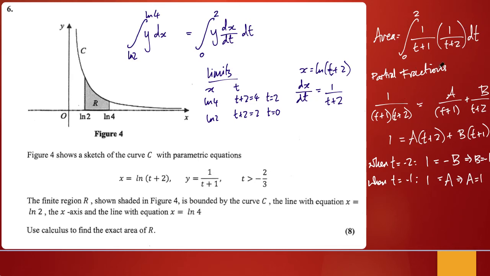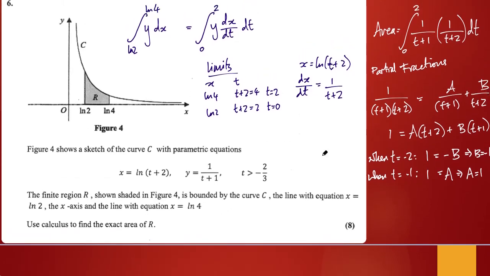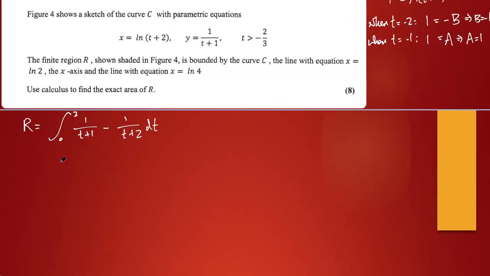So finding the area using that again, the area R equals the integral from 0 to 2 of our partial fractions now. So I've got 1 over t plus 1 plus, it would be minus 1, so I'm going to put minus 1 over t plus 2 with respect to t. Integrating that, I've got lns, so ln of t plus 1 minus the ln of t plus 2